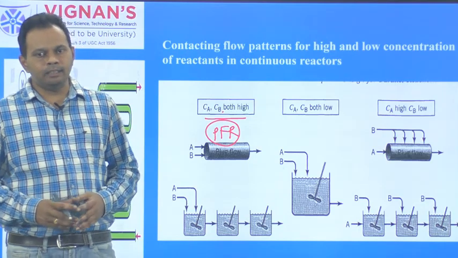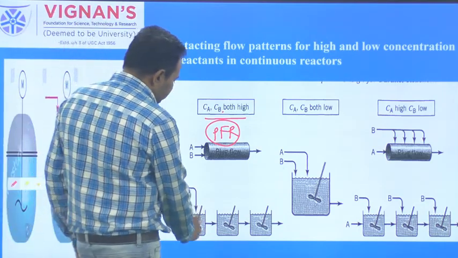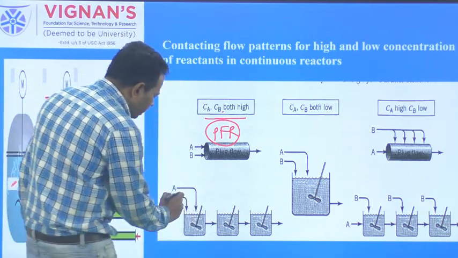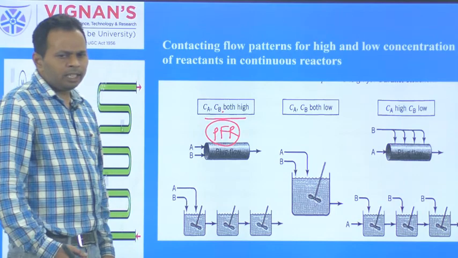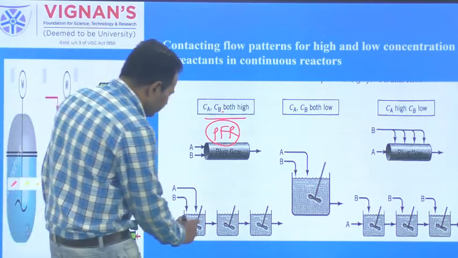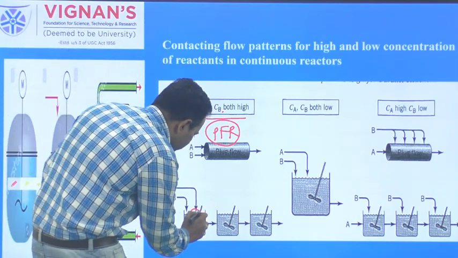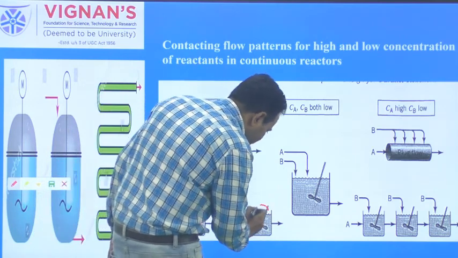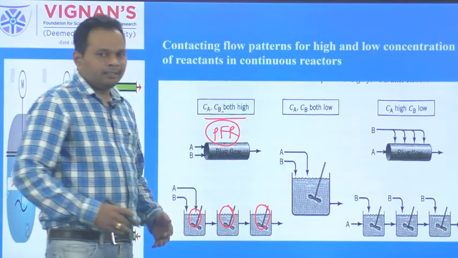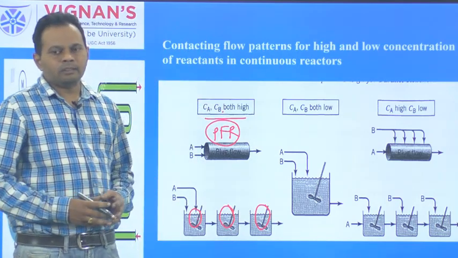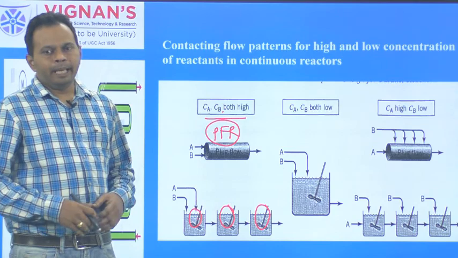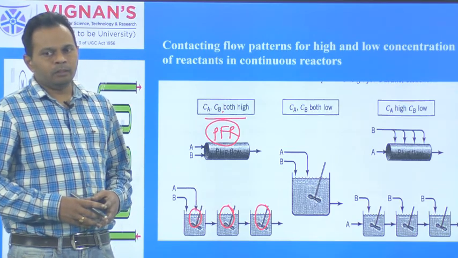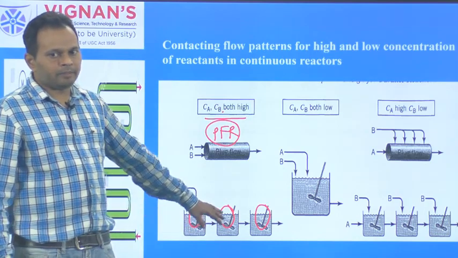For that we need to take a series of MFRs. Here a series of MFRs of equal size is taken in series. We add A and B moderately or fast, so that first we maintain a certain low concentration here, this combines with some more concentration here, and later combines with some more concentration. Finally the concentration keeps on rising, and both Ca and Cb maintain high. Maintaining high Ca and Cb in a single MFR is not possible, so for that we have taken the series of MFRs.